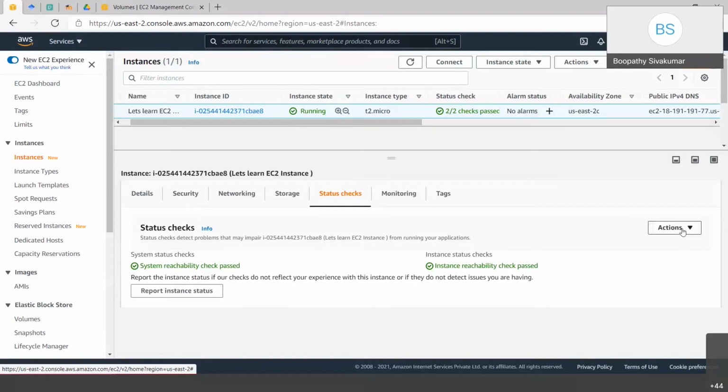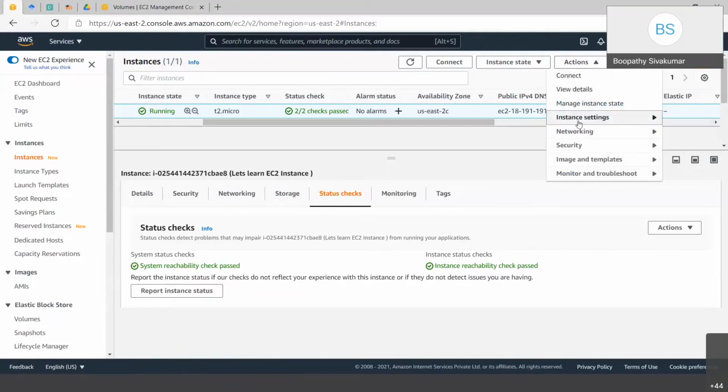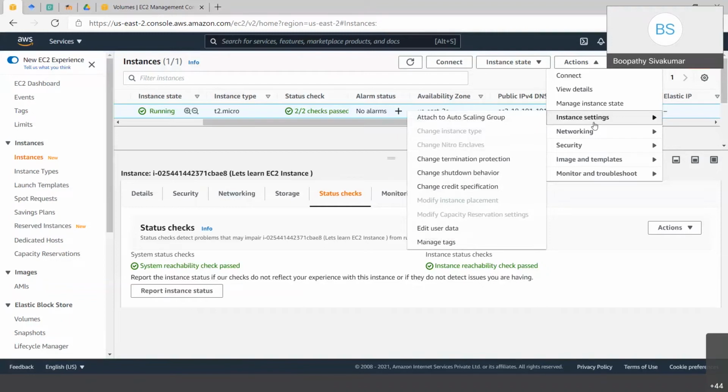Okay, and you can start, stop, and terminate the instance. To do that, click on Actions on the top, next to Launch instance, on the top right corner. Yeah, Actions. So you can change the settings. These are all different sections. You can terminate, attach a new security group, auto scaling group. These kinds of things we'll do from here.